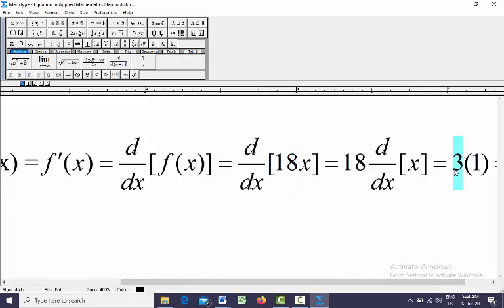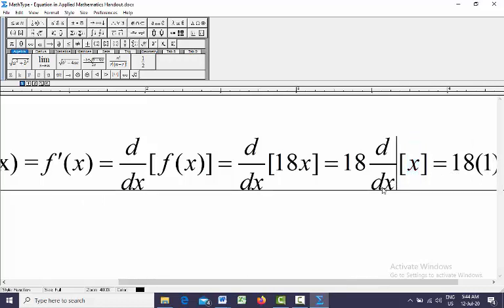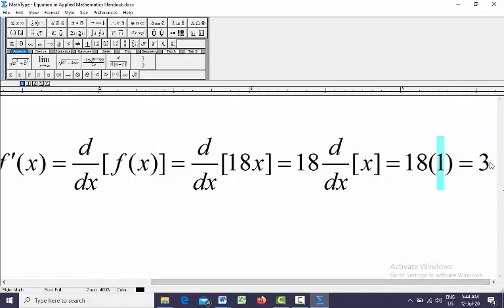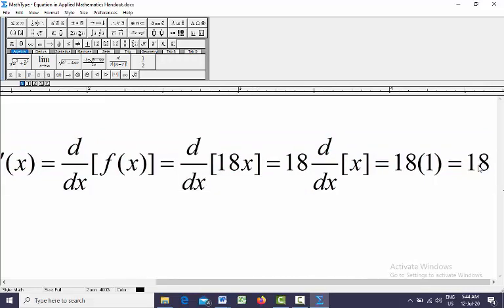So we will have 18, and as I said before, differentiation of x with respect to x is only 1, so 18 multiplied by 1, we have only 18 there, right? Now suppose